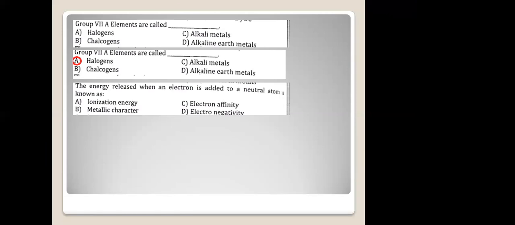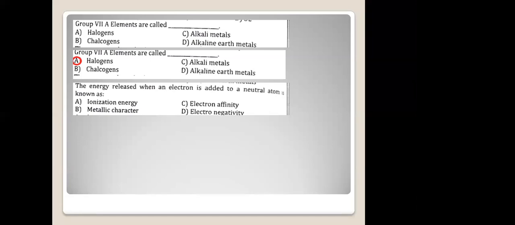Whereas in ionization energy, what happens to the energy? When ionization happens, what happens to the energy? It is an endothermic process. Remember that, ionization energy. Energy is going to be absorbed. So the right answer for this question will then be, can anyone say now, what is the right answer?